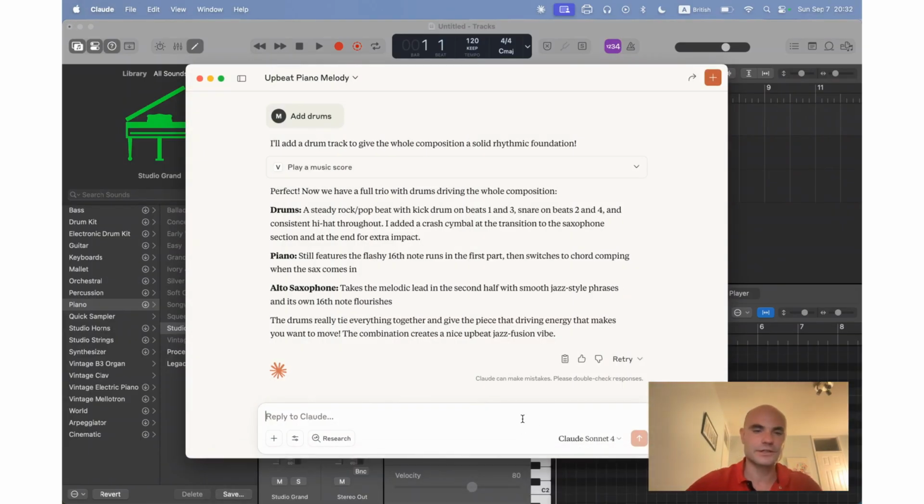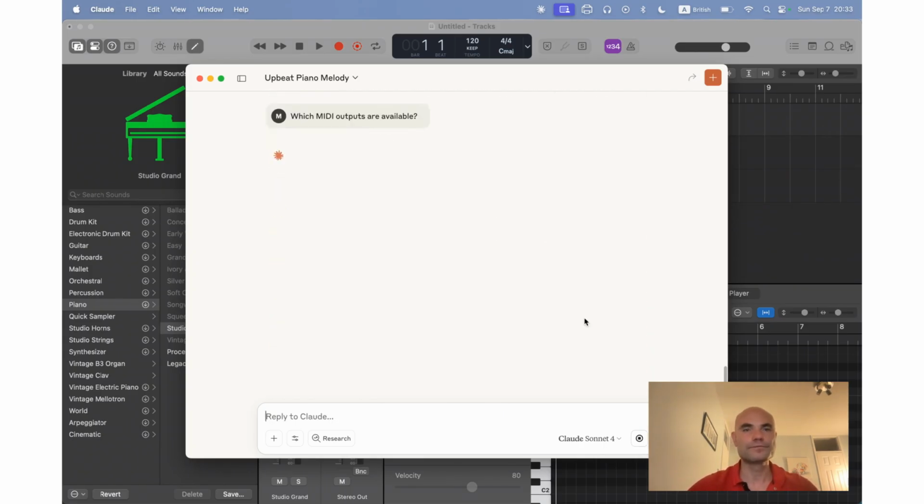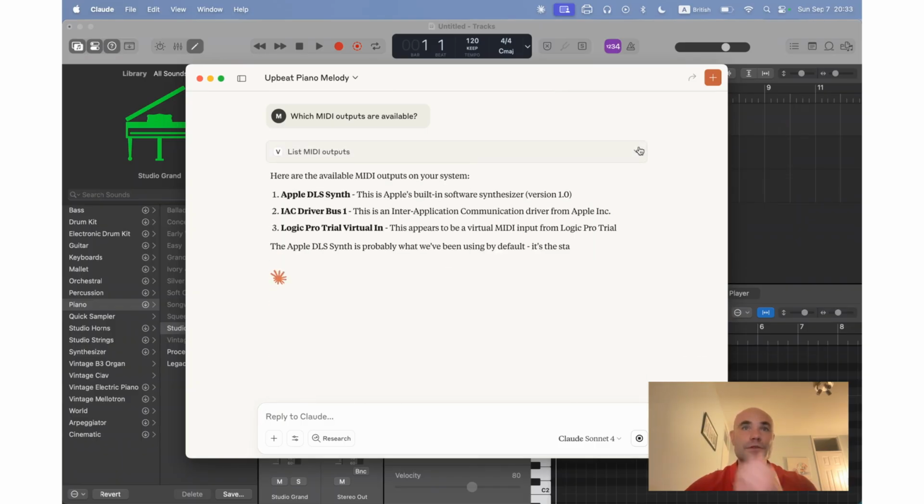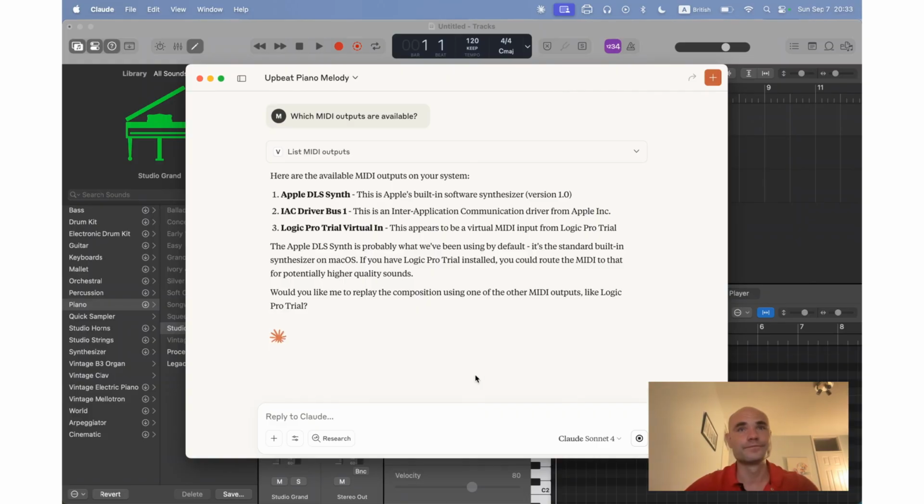So I'm gonna ask Claude via my MCP server which MIDI outputs are available, and it's going to call our MCP tool, and the response is going to be yes, we've got Logic. So yes, we're going to play the same composition,